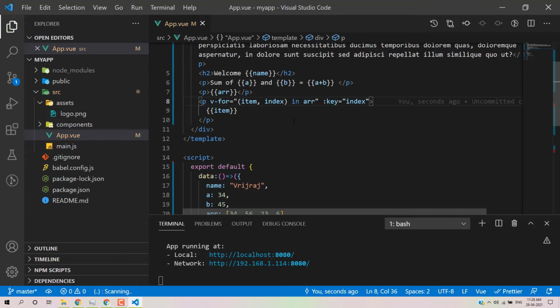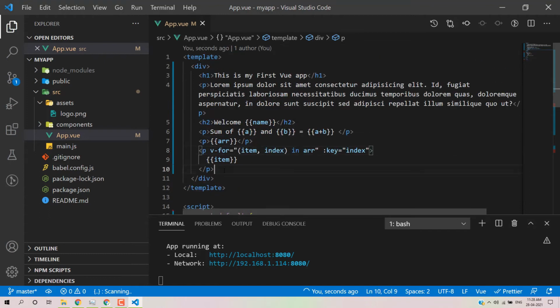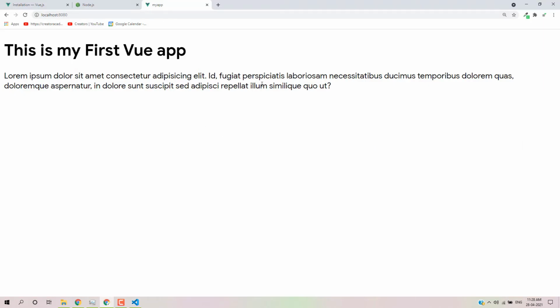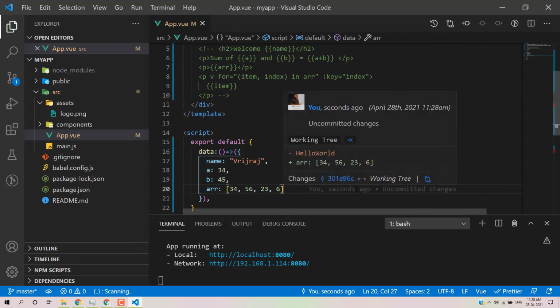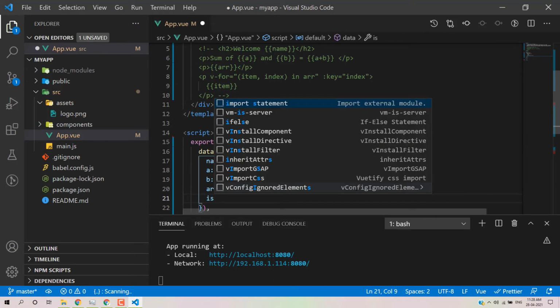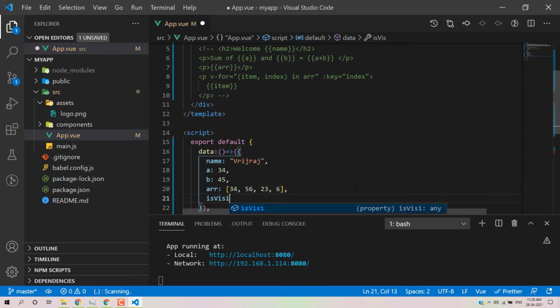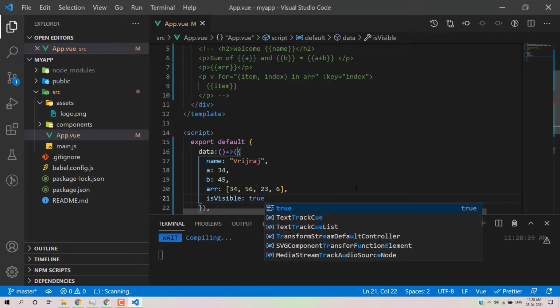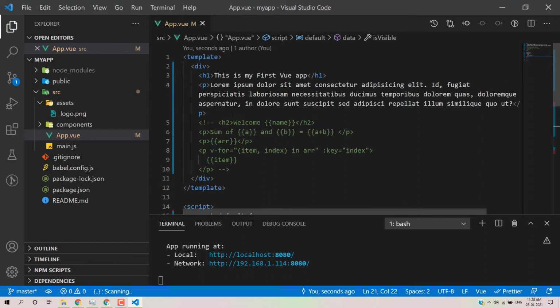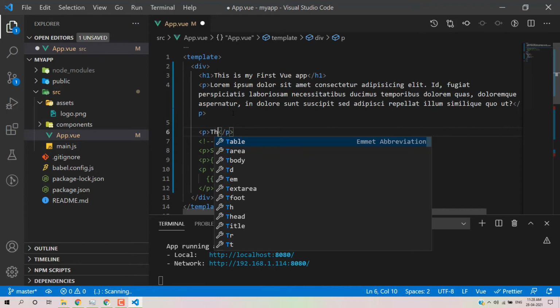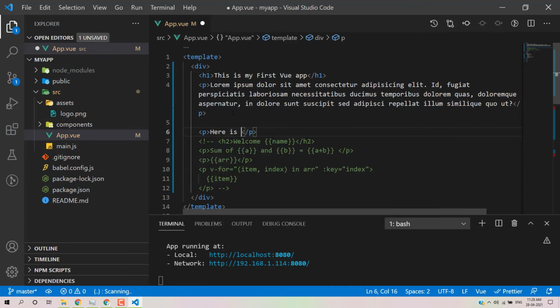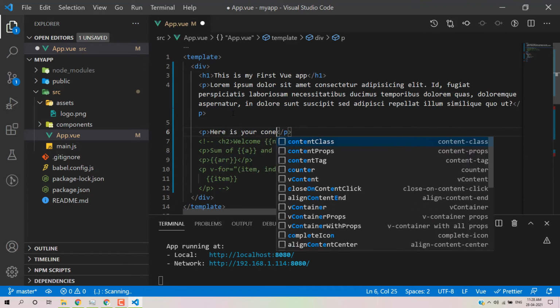Now we can also perform other operations. Let's say a variable is equal to true. I'm creating a div section, and here is your content. Save and then reload. So we have a p tag. I just want to show this p tag if this particular value is visible.